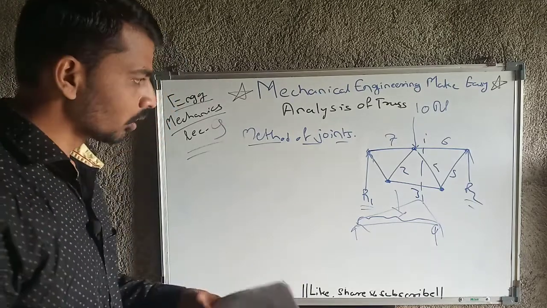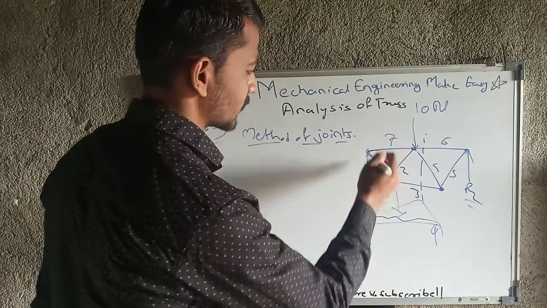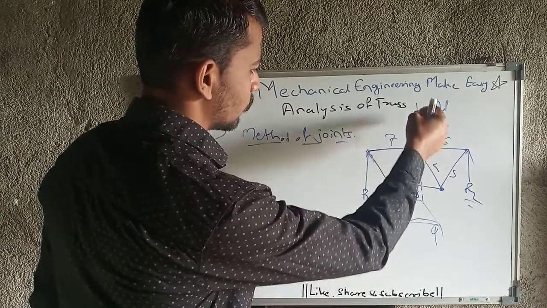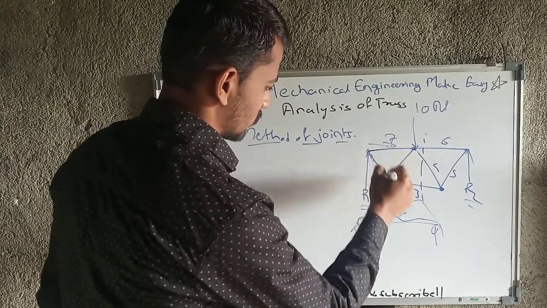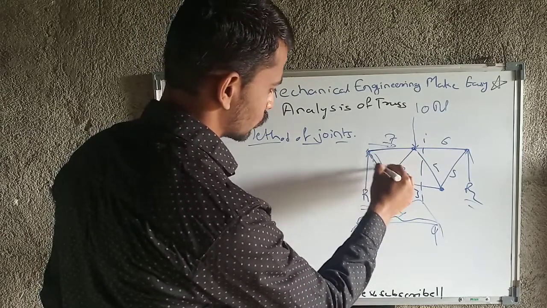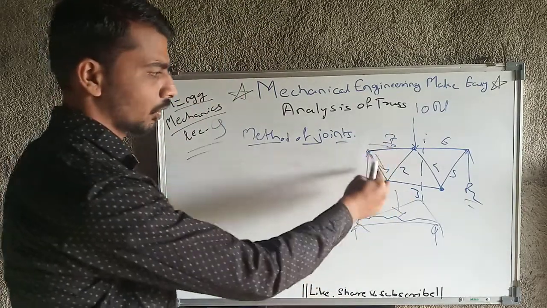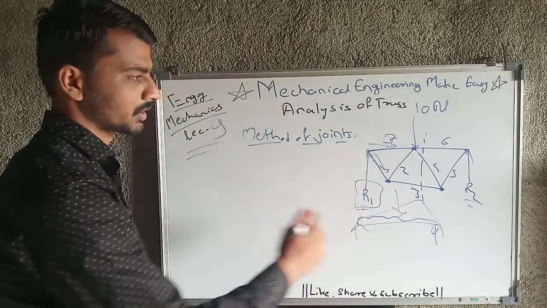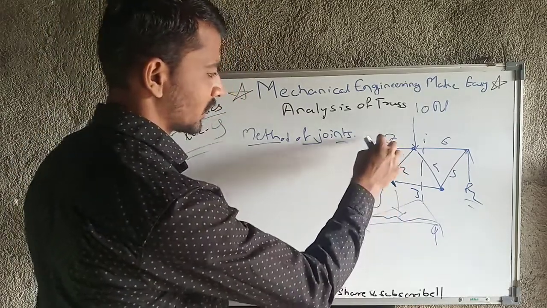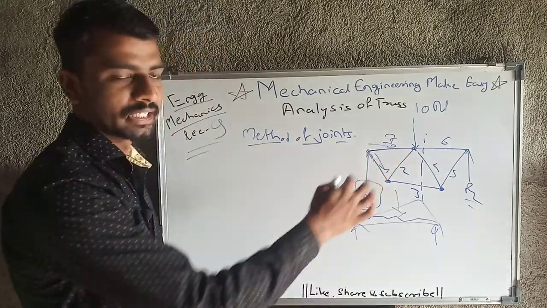So there may be chances that, for example, at this joint the vertical force, that is the reaction component, is there. Again from this direction the force will be there, and as the member is here also, here 3 forces will be there, 3 unknown forces. But again, if we calculate R1 first, then we will know R1. So ultimately only 2 unknown forces will be there, so we can consider this joint also.